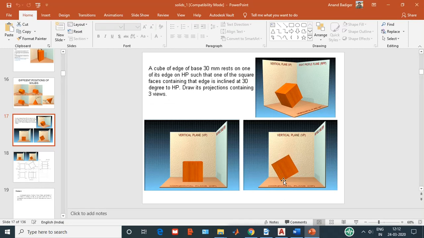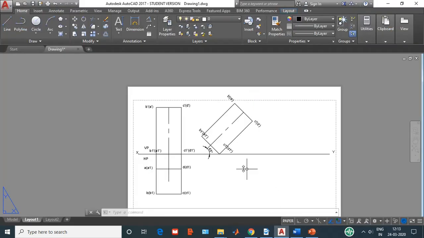So in the front view, I can see the rectangular box, angle inclined at 45 degrees. Okay. So whenever the object is inclined with respect to one plane, on the other plane you should get its apparent length. You already know it, right? So in the top view, I should get the apparent length of this prism. So let us draw the top view of this prism now.